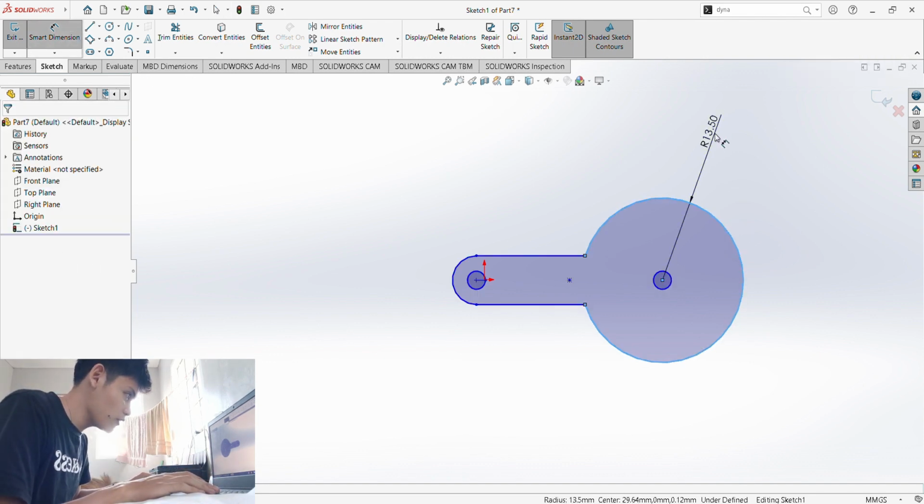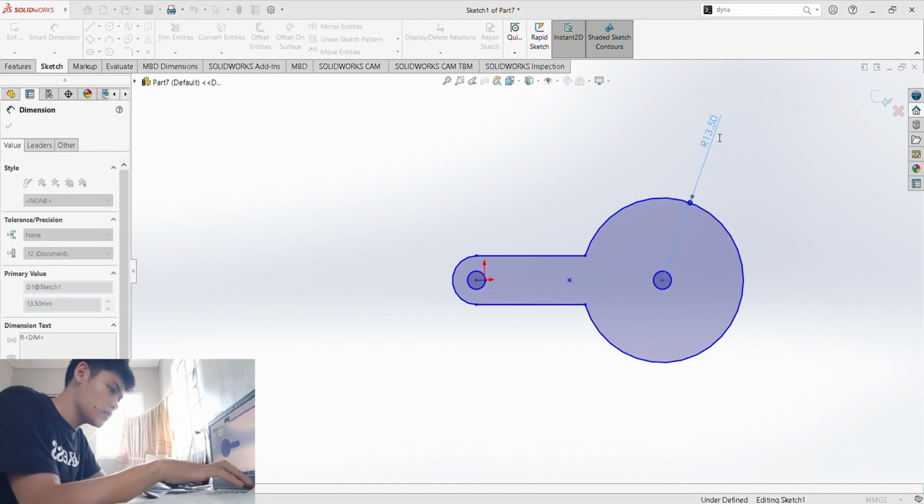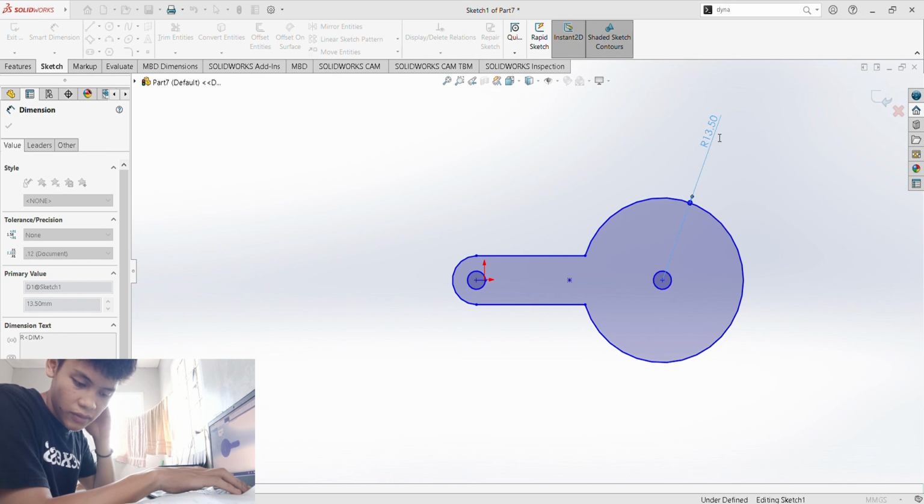So we just have to make this one, instead of 13.50 millimeters, just have to make it 27.30.